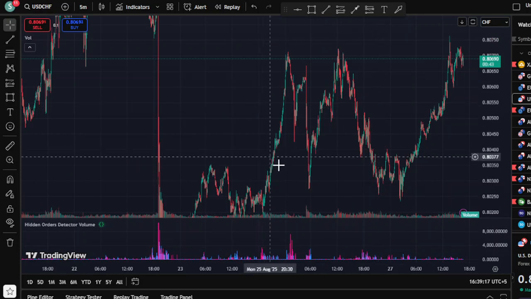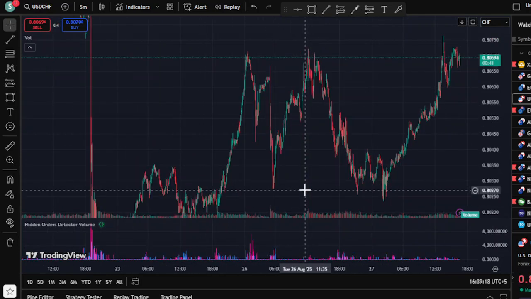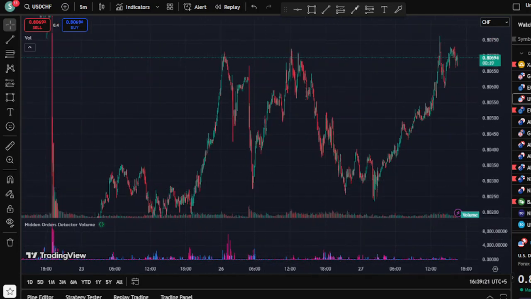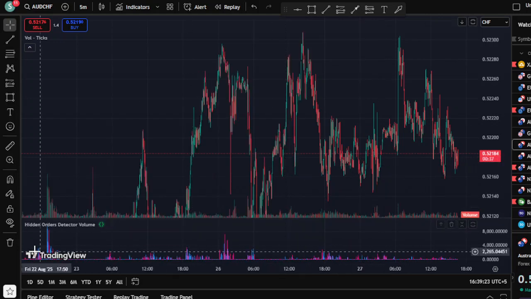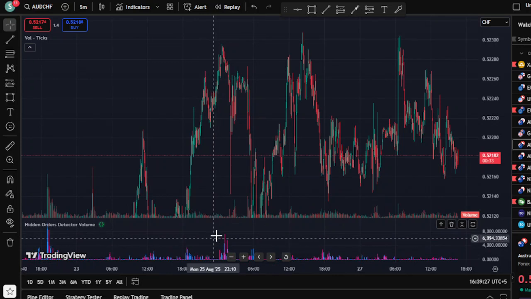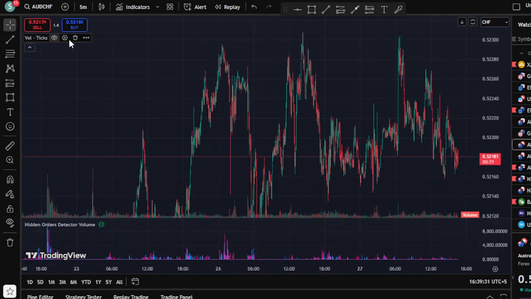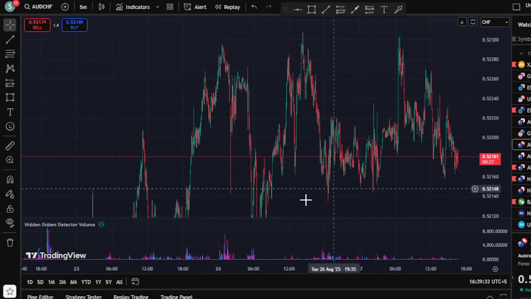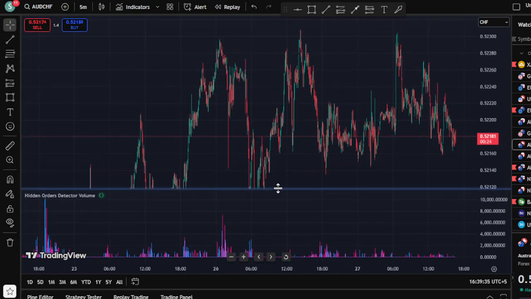I can show you other charts. The normal volume indicator basically confuses you in many ways, and this one is much better and has clear meanings. Like you can see here, it's a clear picture of where the market can go up and down. Don't worry, we will talk about this indicator level by level.